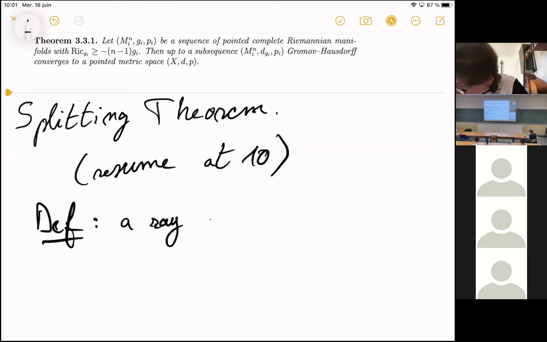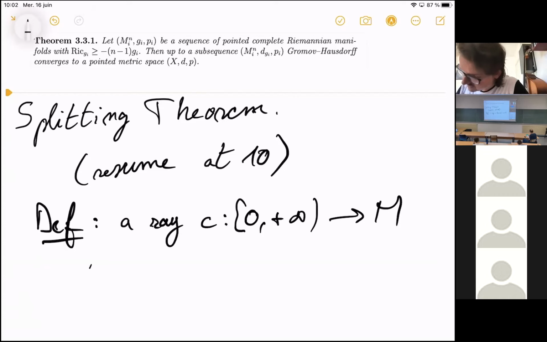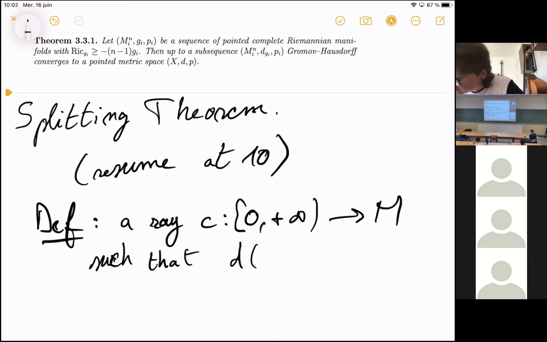A ray is a map from 0 to plus infinity, I think we've already used that term in one of the lectures yesterday, to M such that, so it's a minimizing geodesic on every subinterval, which can be deduced from that. So the distance from c(0) to c(t) is equal to t,